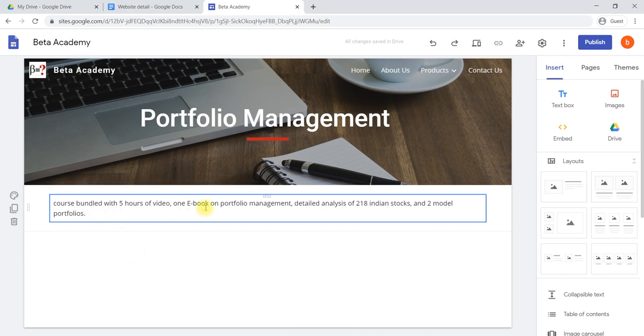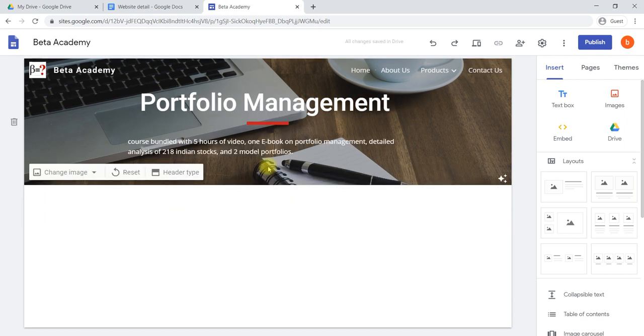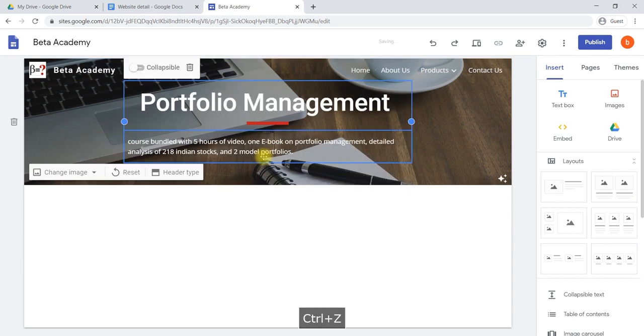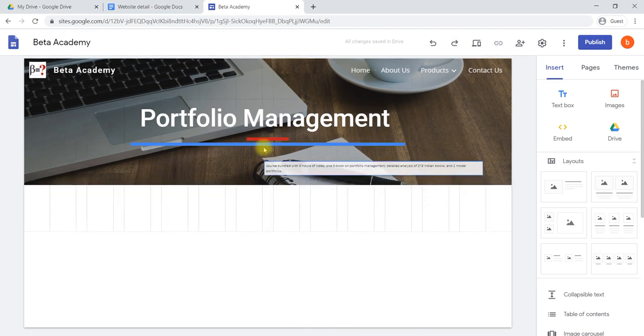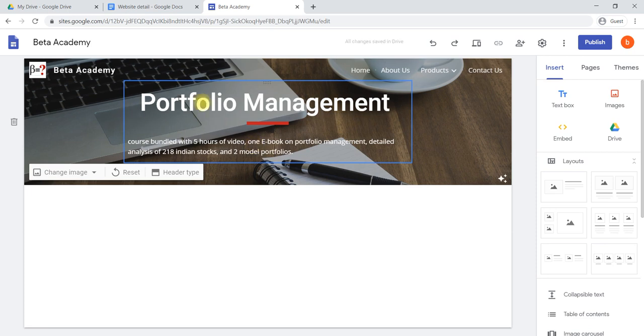This is one line about a course. We can move it below that portfolio management. We have to select these dots and take it below that management. So we have given a nice description also.